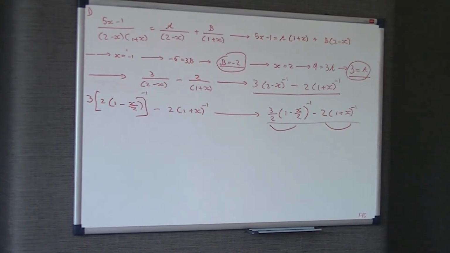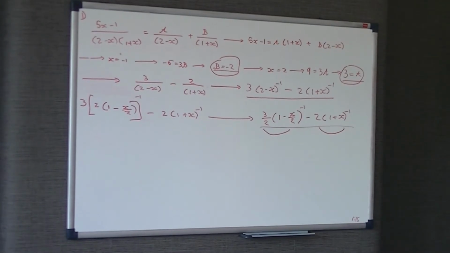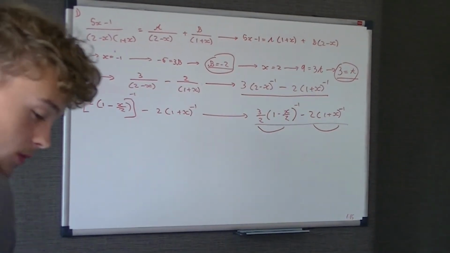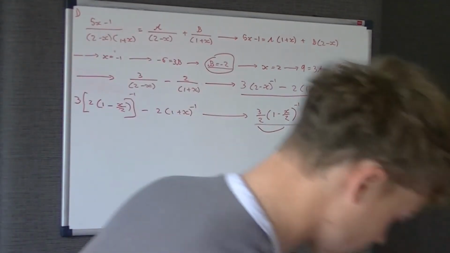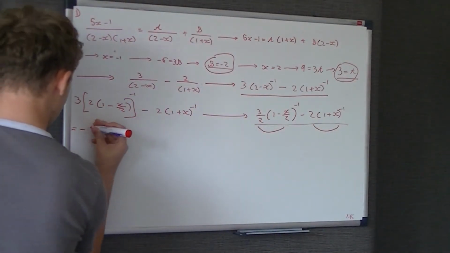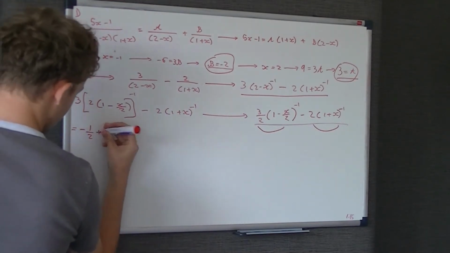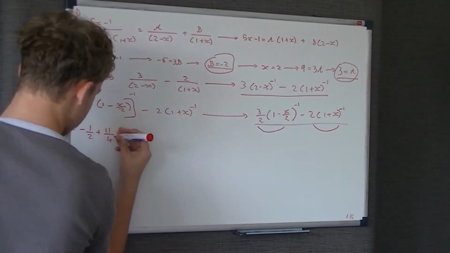Alright, so hopefully you've had a chance to pause the video. If not, we'll just carry on. So, let's go through the answers then. Because it's ascending powers of x, it's minus a half, as I started to say before, plus 11 over 4 x,